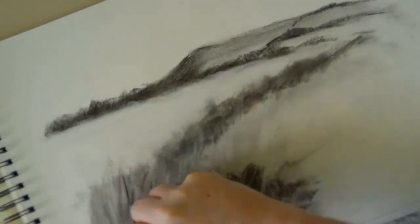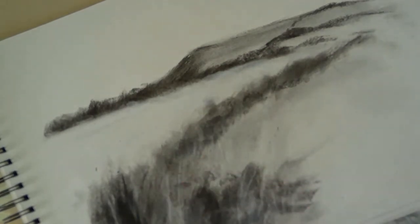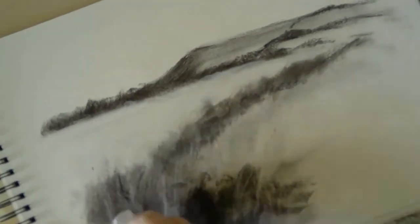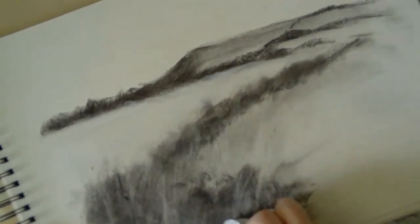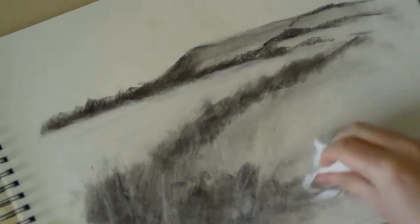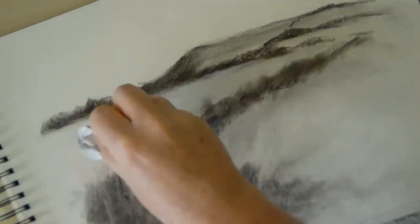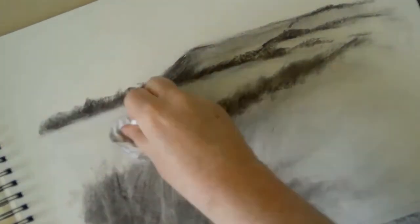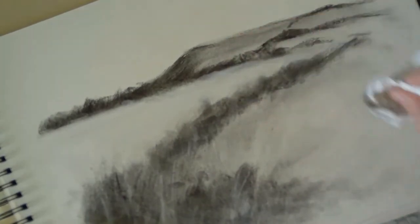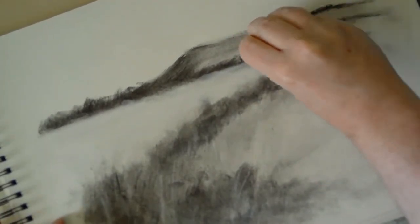When you're smudging, I use a piece of tissue paper. You can just use your hand if you want. The advantage of using the tissue paper is it is slightly less messy, and also you don't get fingerprints appearing. You may or may not want to have fingerprints. It could be part of the drawing process. It could be part of your art to include your fingerprints. I just prefer not to, but